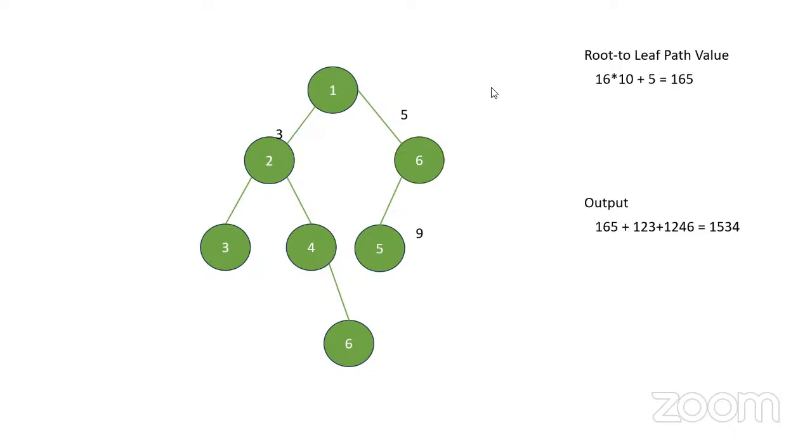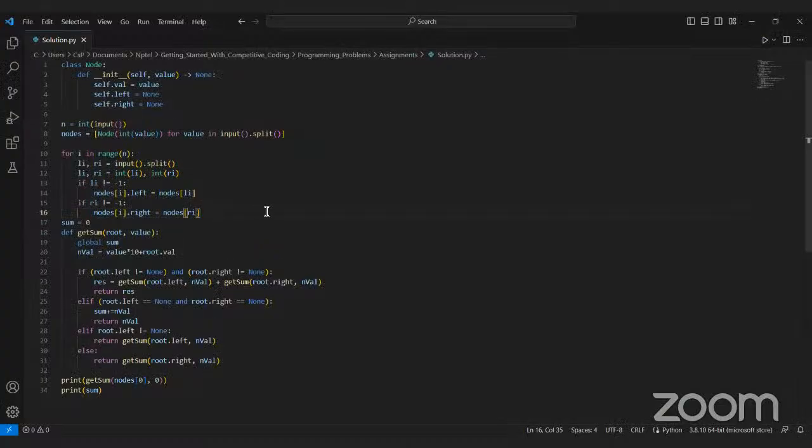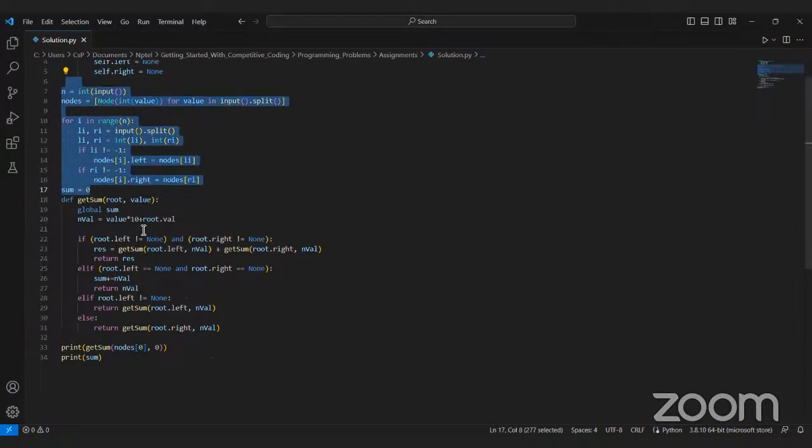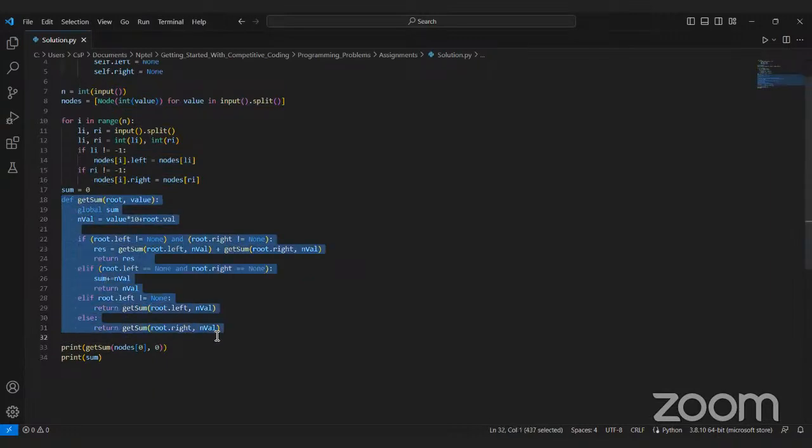Now I'll share the problem statement. So this is the example solution that we have. It's a recursive solution. This is just a specification of how you are going to store the binary tree itself with a value and left and right node. This is just for the input itself. Now this is the essence of the problem statement, which is just a recursive solution.